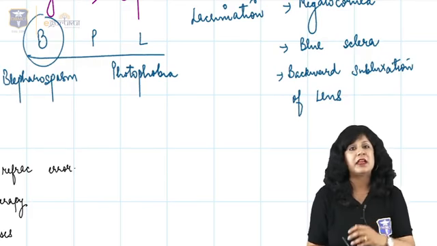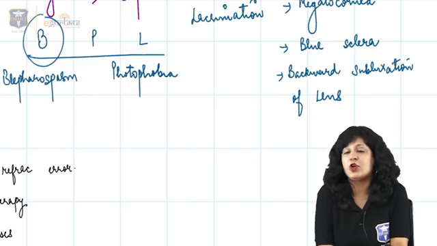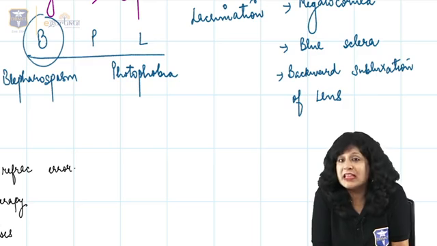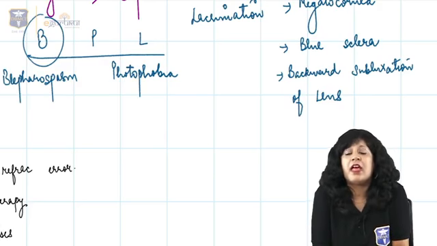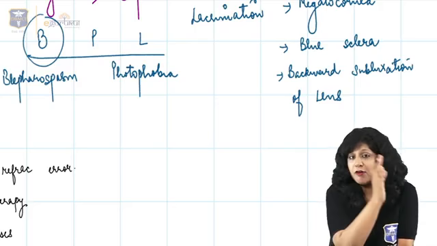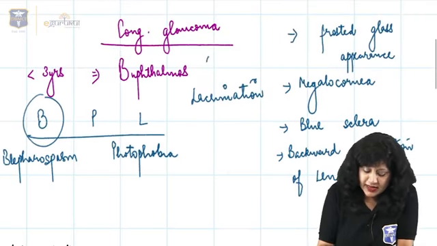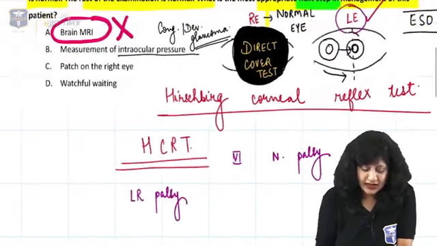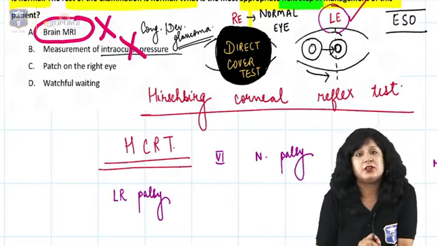So there are so many things that are confirmatory, that are suggestive of congenital glaucoma or buphthalmos. I am not going to get all these things in the case given in the question. The eye is turning in, and when you cover the normal eye, it is passing the midline. So certainly it is not a case of buphthalmos, and there is no point of taking the intraocular pressure. So this is also not the right option.